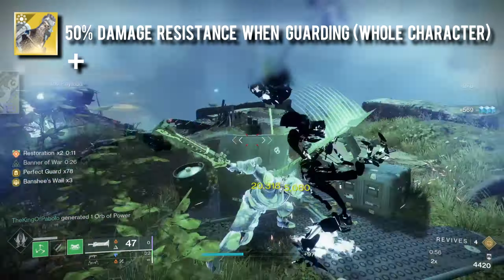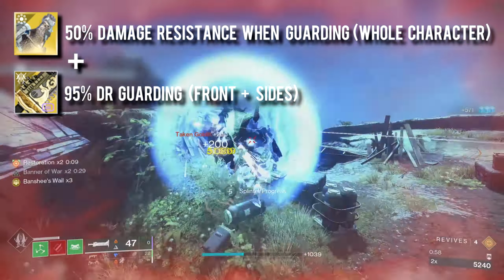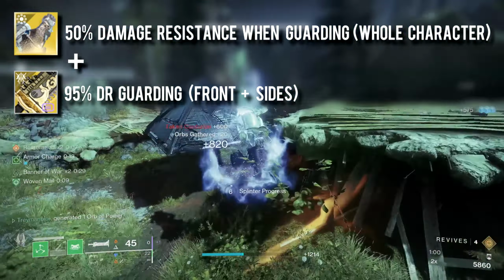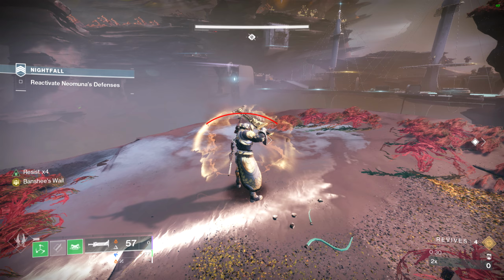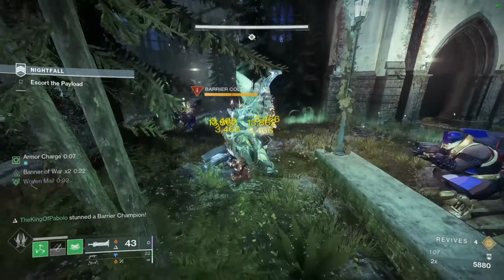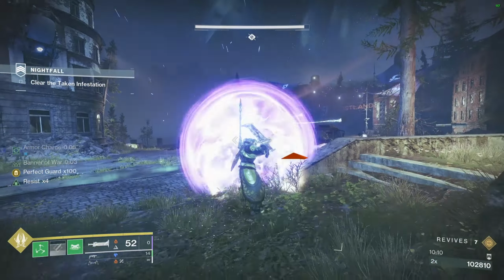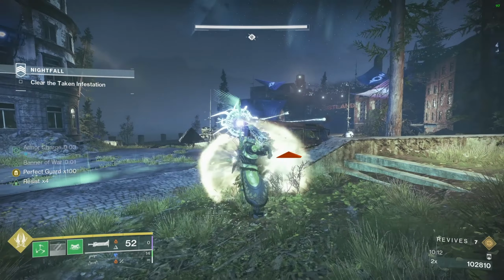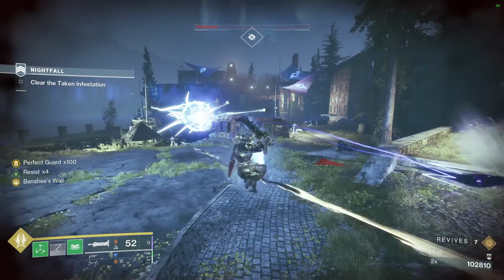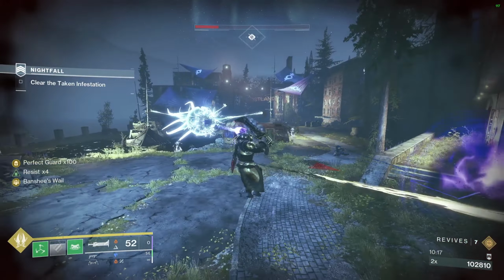This stacks with the damage resistance provided by the sword guard itself, which in our case is 95%. Do keep in mind that a sword guards in the shape of an arc, meaning that attacks from behind as well as some AoE attacks will still hit you. For example, this boss started shooting behind me, and because there was a wall right there, his attacks started to hit me in my weak spot, and if it wasn't for the 50% damage resistance from Strongholds, I would have